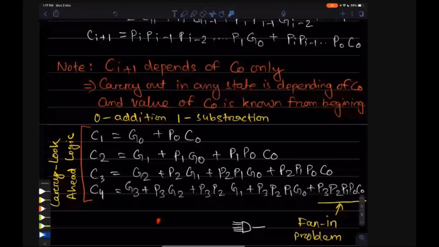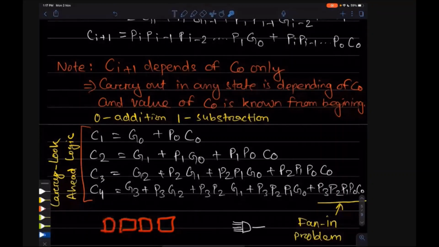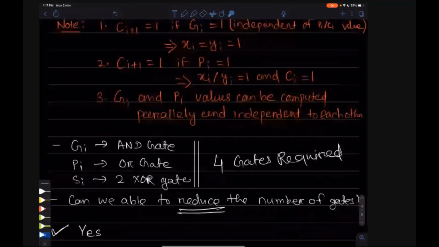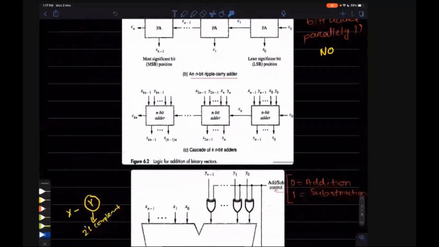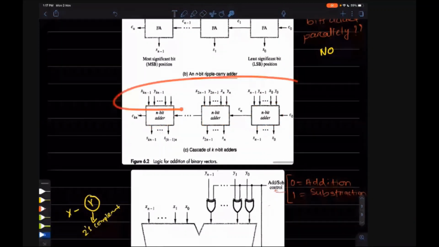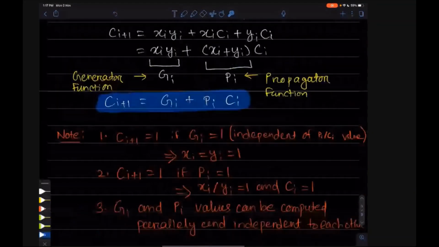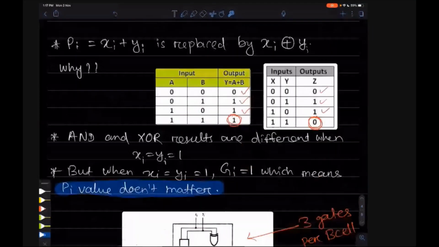Just put 4-bit, 4-bit, 4-bit, 4-bit look ahead carry adders in cascade, that we have already seen in the previous case. Here. 4-bit look ahead carry adder, 4-bit look ahead carry adder, 4-bit look ahead carry adder, and you can add a 64-bit number or a 32-bit number. So that's the takeaway from this.